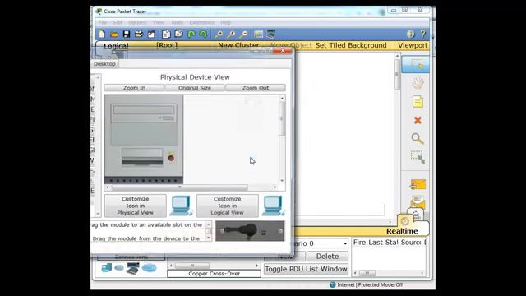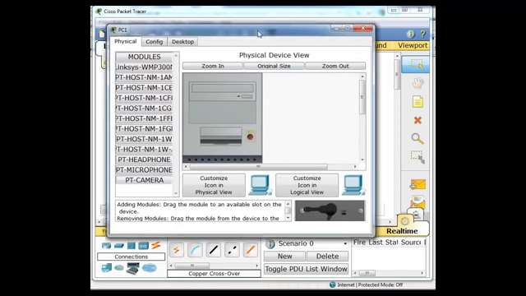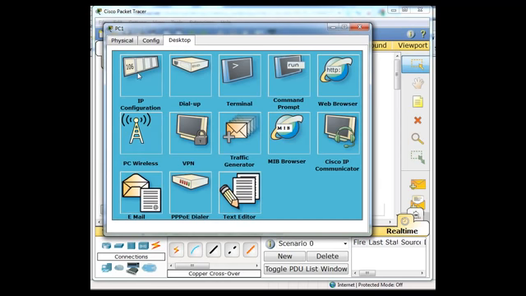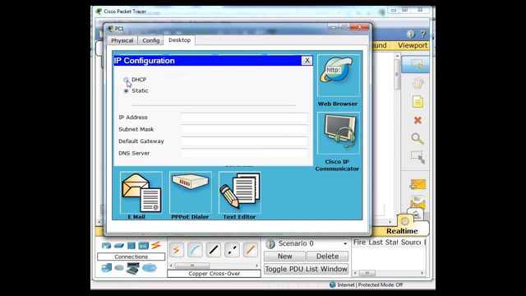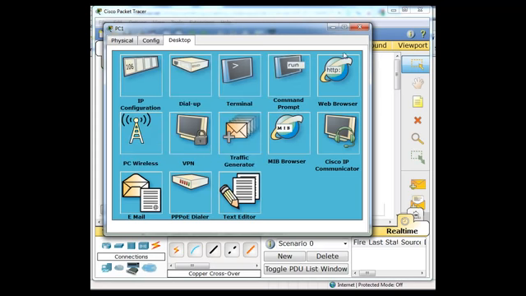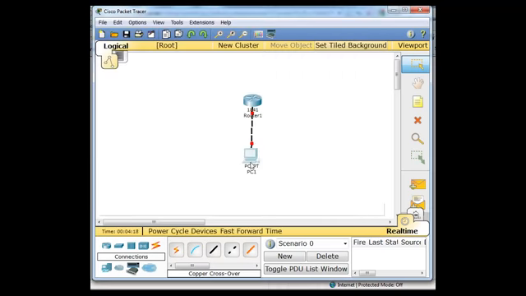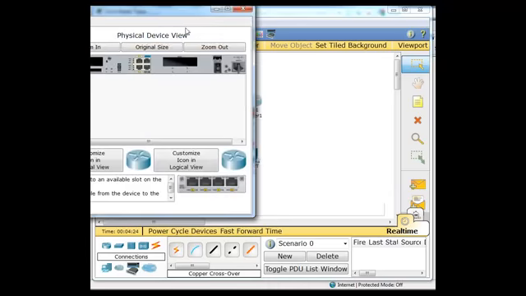We're going to go to the client and make sure the client is configured for DHCP. So we go here, set that, and that should set it requesting DHCP. So now we've got the client set up requesting IP addresses through DHCP. Now we got to set up the router. So we'll go to the router,